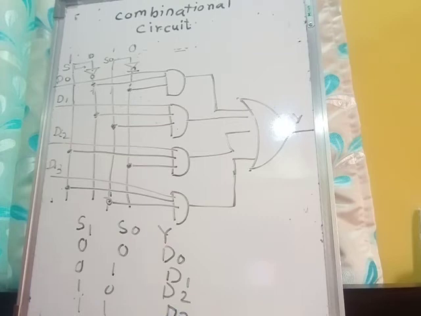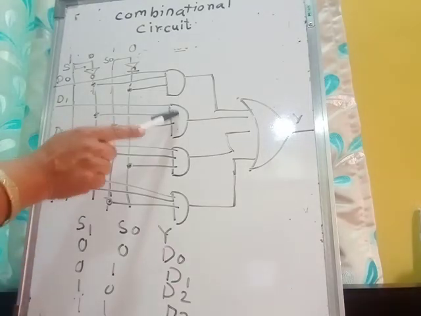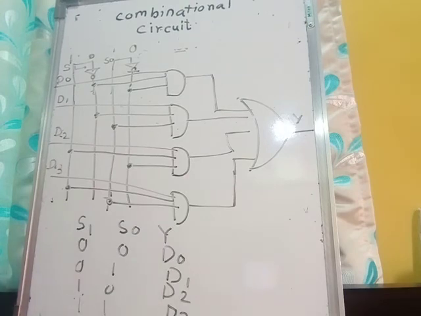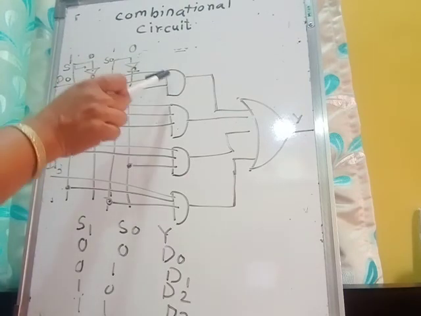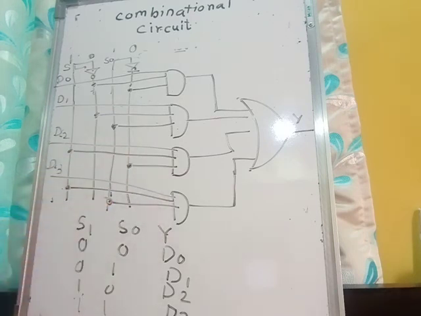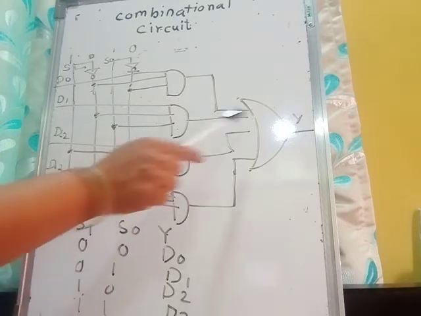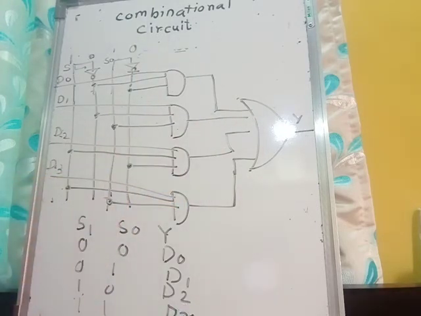ओके, इफ यू ट्रेस द अदर अँड गेट कंट्रोल लाईन्स टू दिस अँड विल मेक दिस डिसेबल. बाकीचे सगळे जे गेट आहेत ते काय होतात, डिसेबल होतात. जर आपण फर्स्ट गेट सिलेक्ट केलेलं असेल तर बाकीचे सगळे गेट हे काय होणार आहेत डिसेबल होणार आहेत. ओके, सो द फायनल ऑर गेट इट विल कनेक्ट द आउटपुट. It is connected to the output of the first AND gate and it can be stated as S1 S0 is equal to 0 0 then Y is equal to D0.